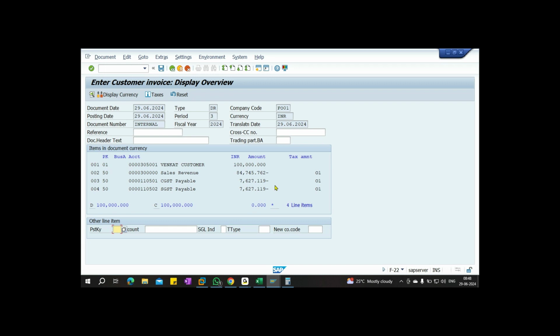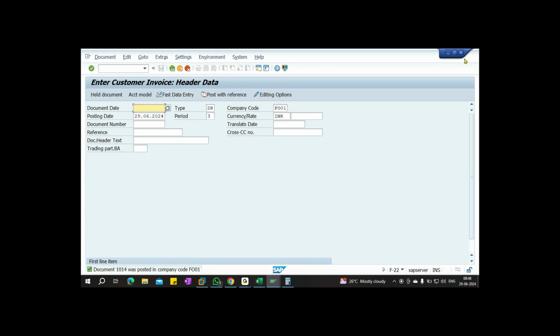If you mention 1 lakh, system treats like in that value, the 1 lakh is the MRP. In that, product value and tax are there. So, how much value of tax? 7,627 is the tax value for central GST and state GST. 84,745 is the product value. Right? If you mention 1 lakh 18,000, so 1 lakh is the product value. In that 18%. So, it's a clear value.